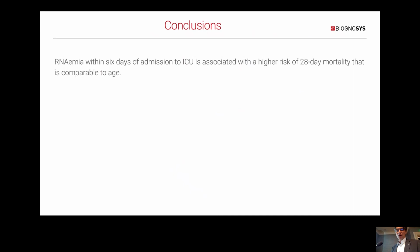So with this, I'd like to conclude. The take-home message is that arenemia within the first days of admission to ICU is an excellent biomarker for 28-day mortality in those patients. Its strength is comparable to age, and because it's the viral RNA, it has 100% disease specificity. On the other hand, of course, proteomics was very powerful because it was an unbiased approach to identify novel